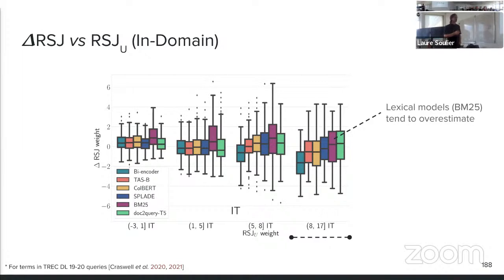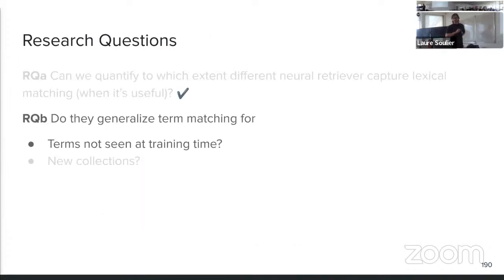So these are terms that the model should retrieve somehow. And we see that lexical models tend to overestimate their importance a bit, but neural models tend to underestimate it a bit, which is kind of expected because they are semantic models, so they are supposed to do less keyword matching.